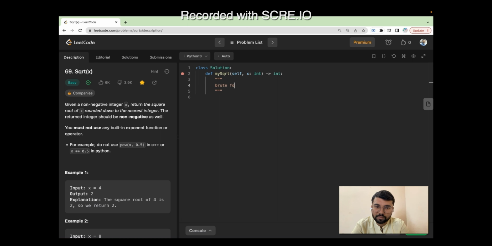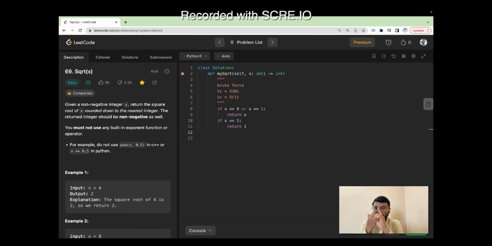So brute force. As we have seen, the time complexity of the brute force will be O(n), and space complexity will be O(1). So let's take the base cases. If x equals 0 or x equals 1, then return x. And if x equals 2, in this case return 1. Now let's iterate from 1 to the given number x. So for current number in range of 1 to x,